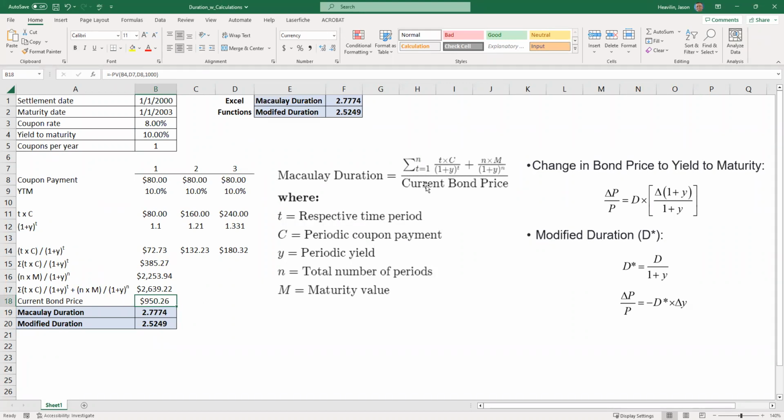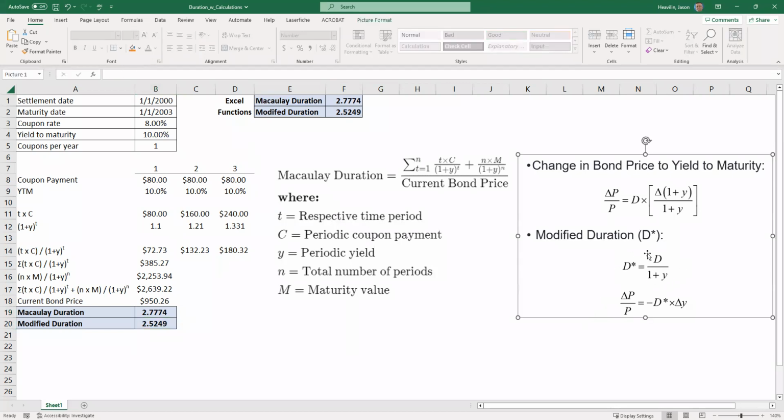Once we have that bottom number, the present value of the bond, now we can go ahead and divide them and we get the duration. And that's all we do now. So divide those two and you have finished your formula. The number's the same here, so you're good. If you don't get the same number, Excel is typically right, so make sure you still input the right values for the Excel one. And if you get the same numbers here through the manual process, you have done it correctly. Then we can use this formula here to get the modified duration,